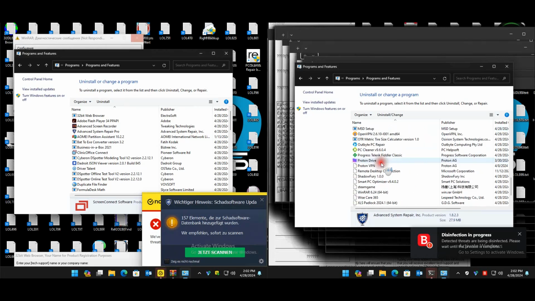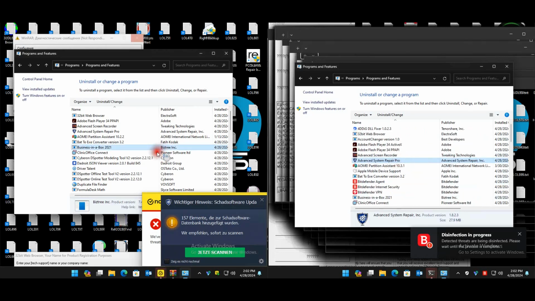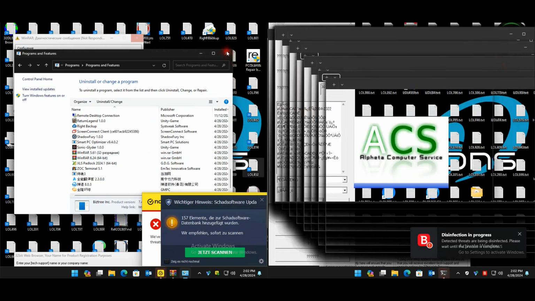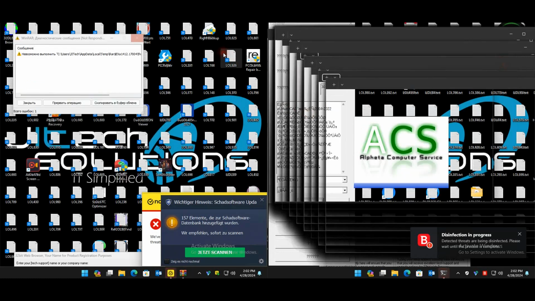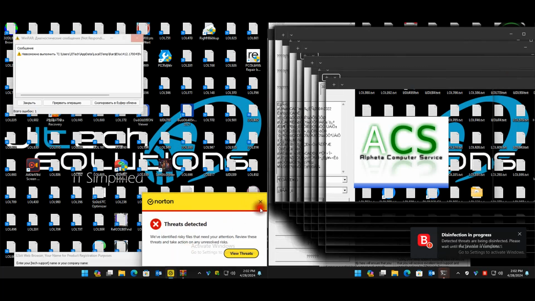Okay, we have a couple of programs here. And yeah, okay, cool. I would say it's very similar to Norton. Obviously, I'm not going to count exactly how many there are, but just by a glance, I would say they're very similar, though it might look like Norton has a tad less than Bitdefender. So here and there, Bitdefender looks a little bit better, and then Norton looks a bit better in some other aspects. We're going to close that.